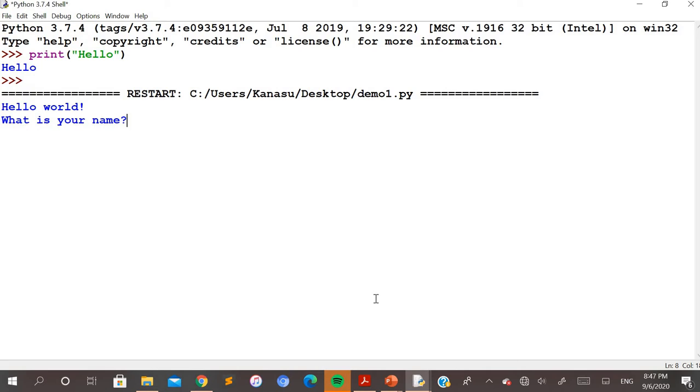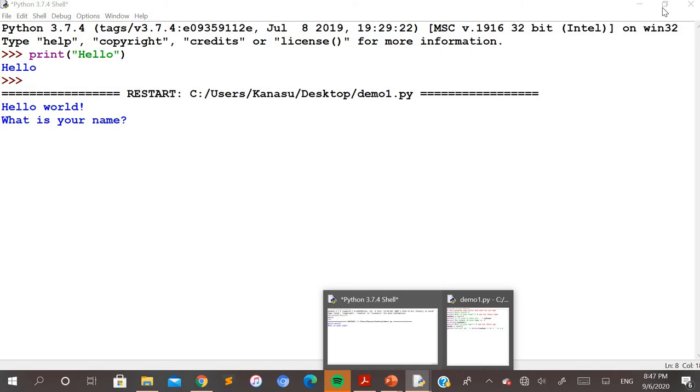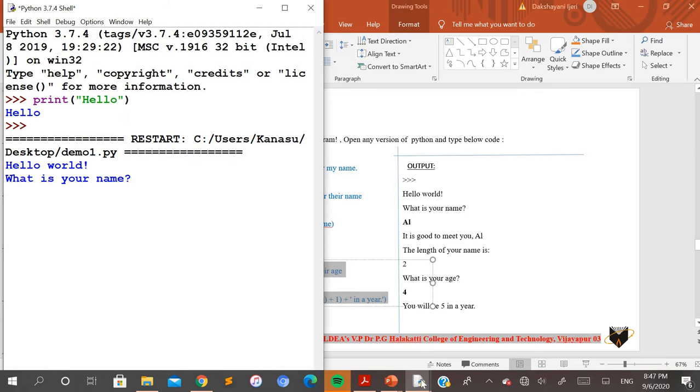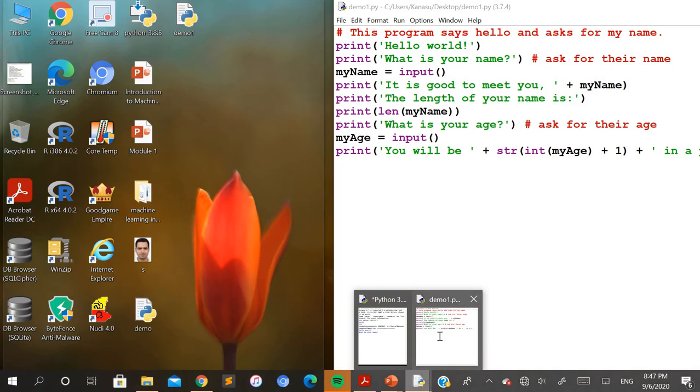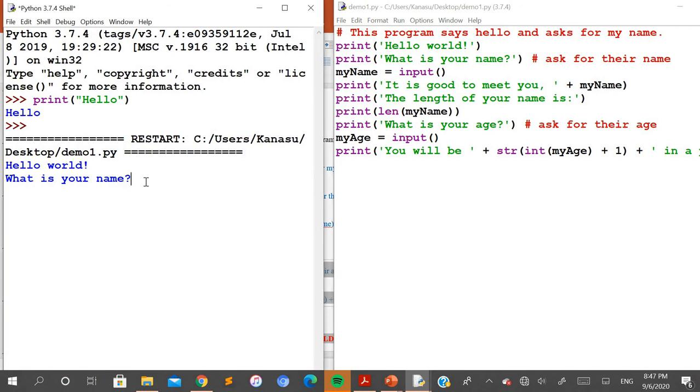Next it is asking you for some input over here. If you want, you can just minimize it and try to place it one beside the other. Okay, so it is asking you for some name.